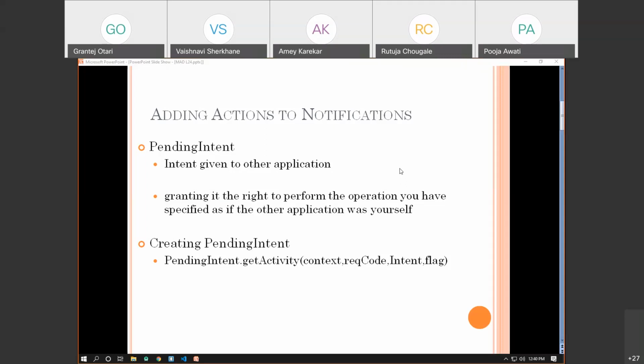In the case of a pending intent, you write the code, and rather than calling that activity within your application, you send that intent to some other application, and that other application calls that intent on behalf of your activity. So a pending intent is just that: you create an intent and hand it over to some other application, which executes it on behalf of your activity. This is the simple scenario for the pending intent. In order to understand how we can create the pending intent, let me show you an example.